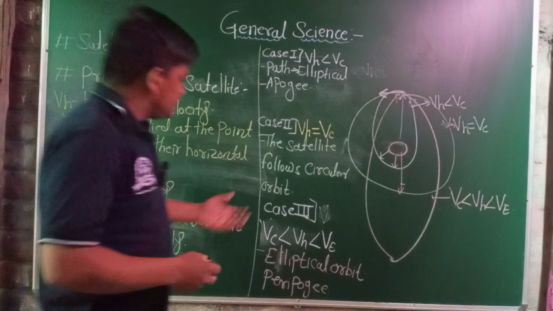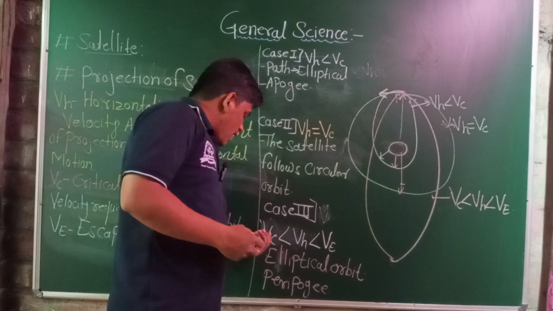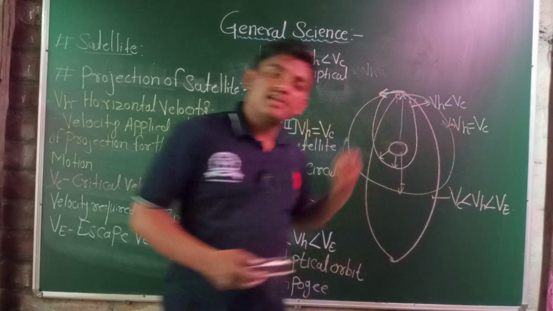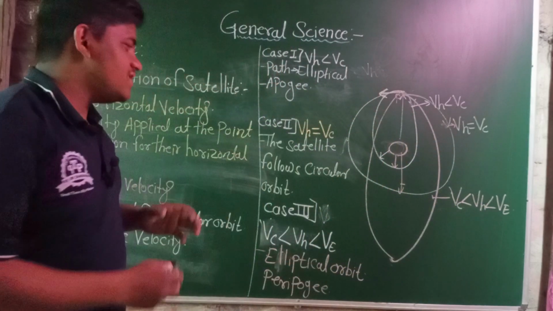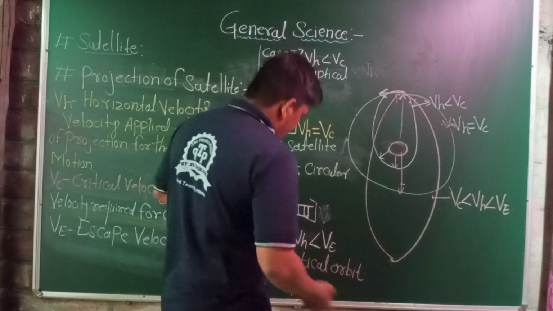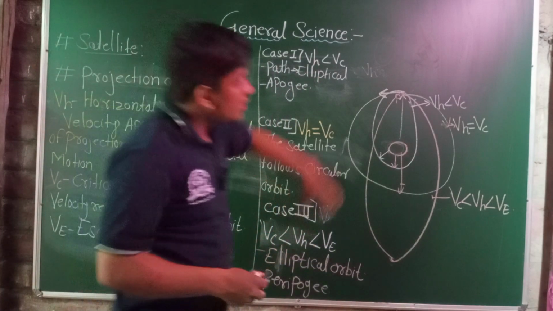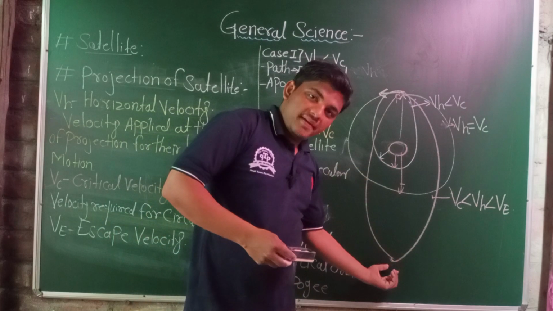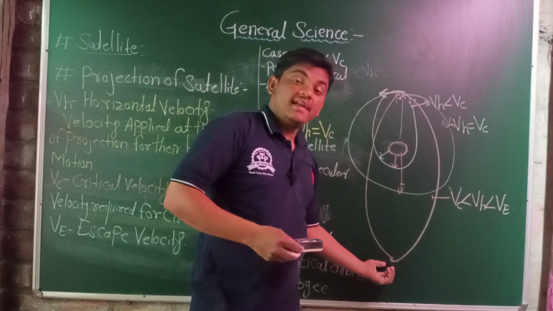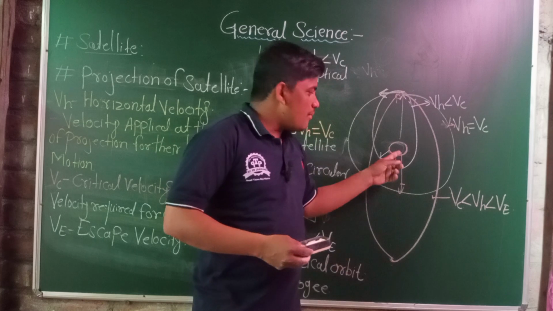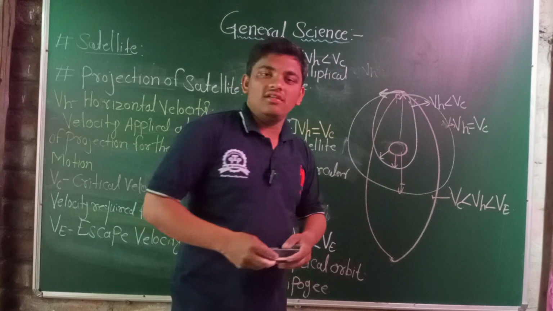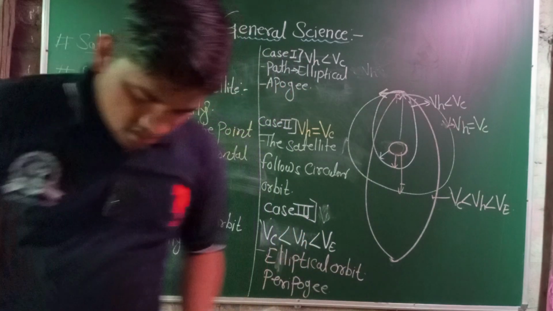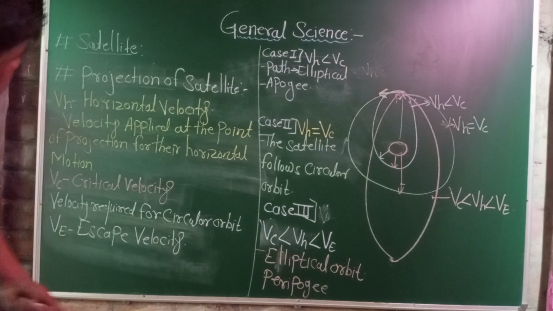Then the third part, case 3: the horizontal velocity is greater than the critical velocity and less than the escape velocity, just less than the escape velocity. At that time it makes an elliptical orbit again, but the tip of the elliptical orbit is much farther from the Earth. This is the periposition. Then again two conditions to discuss, and we stop here.